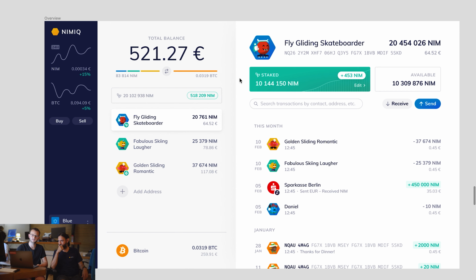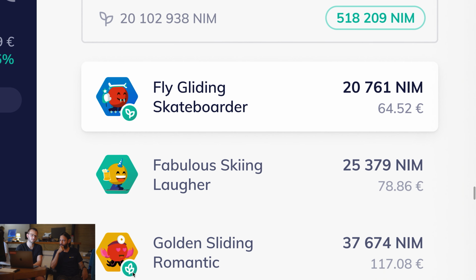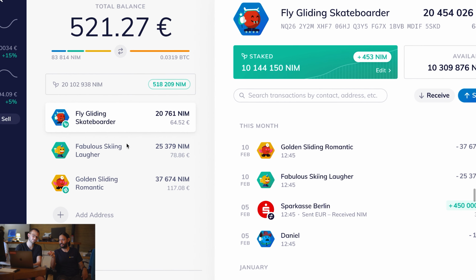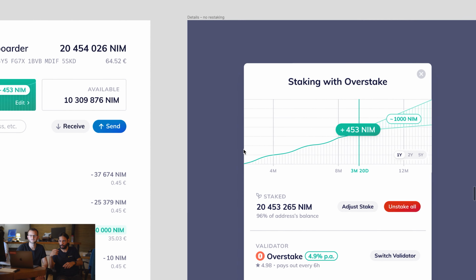But after that time elapsed, your wallet overview would look a bit like this, basically. Up here, you have this green staking box that always keeps you updated about your staking process. At the same time, your address here on the left side will get this little staking icon. Again here, as you can see, just zoom in a bit, depending on how much of your address is staked, the more your plant grows. That's pretty clever. Because at a glance you can see how it is without having to go inside and check into the details.